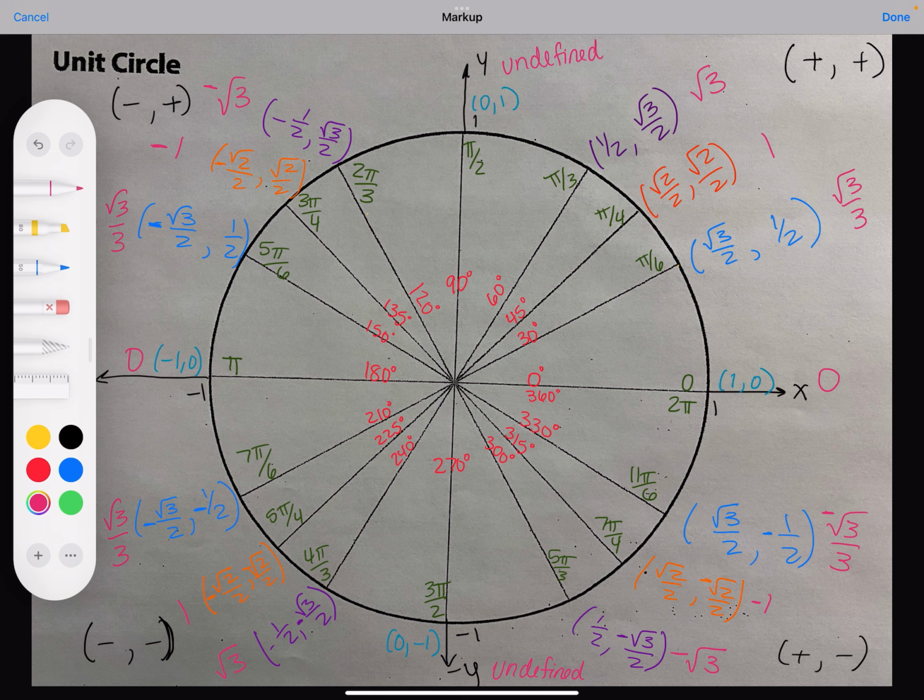Any questions about the unit circle? At least starting to kind of make sense. Who created this? I honestly have no idea. They didn't want it to be known, kind of, because it's probably a guide to help